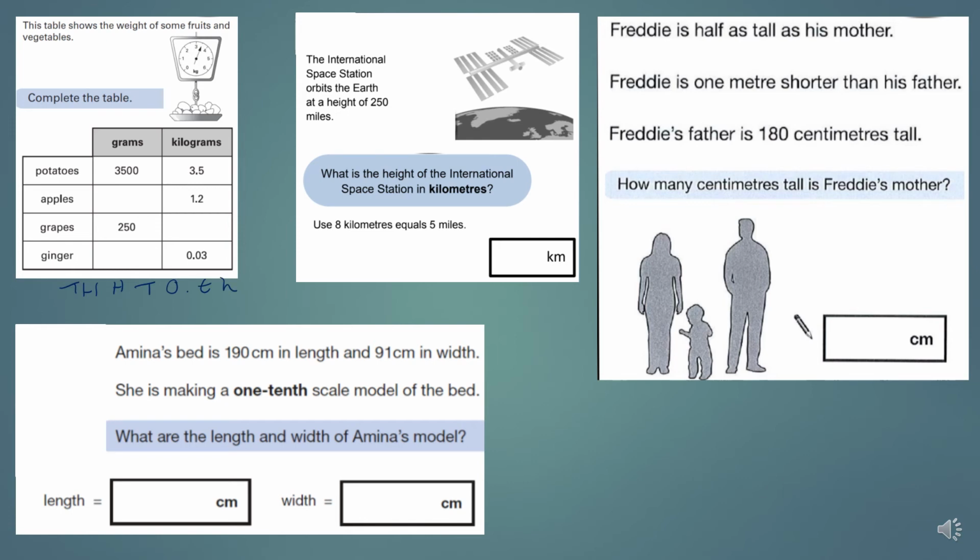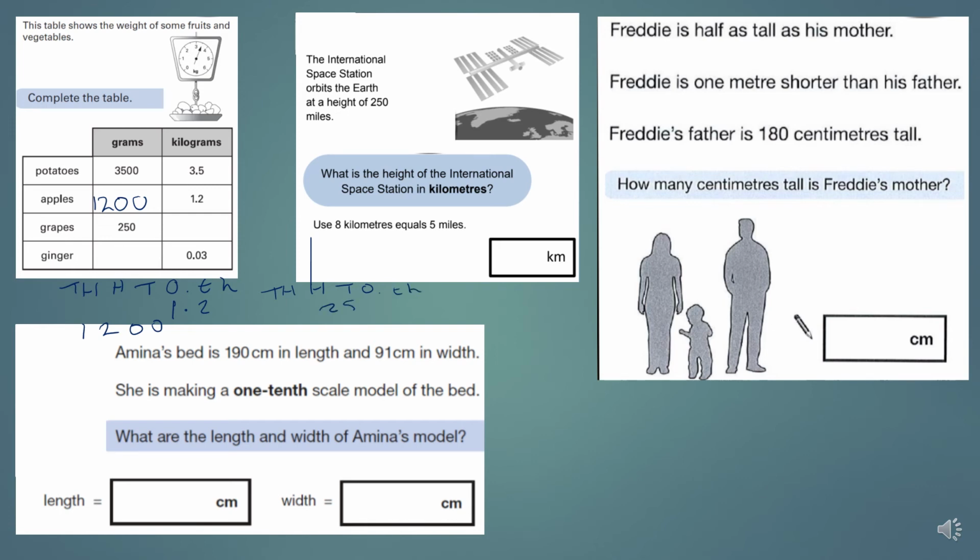And we're going to pop in our 1.2. We're going to times by 1,000, so everything's going to move 3 spaces to the left. So 1, 2, 3, and we're going to hold these 2 spaces with 0. Then we have our 250, and we have the same again: thousands, hundreds, tens, ones, tenths and hundredths, and we